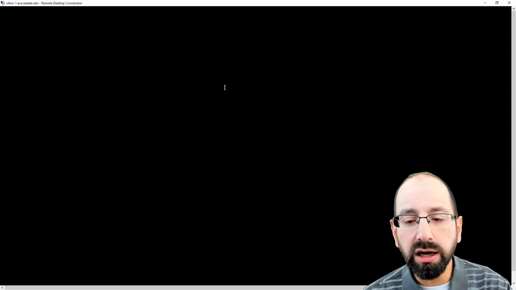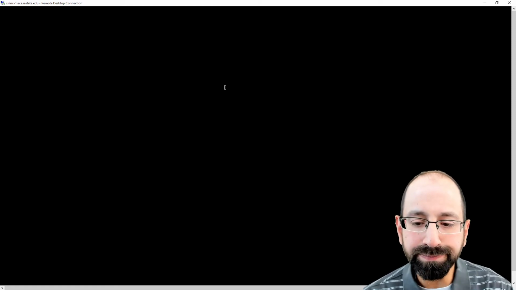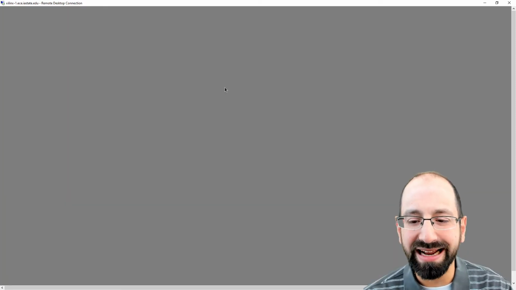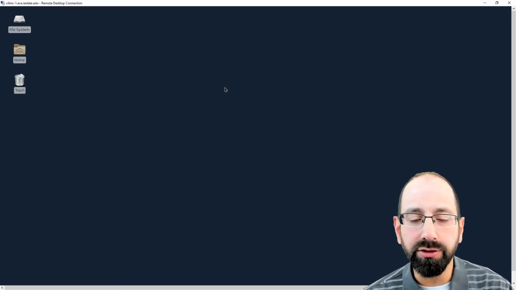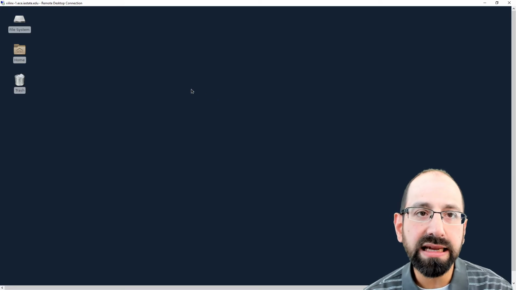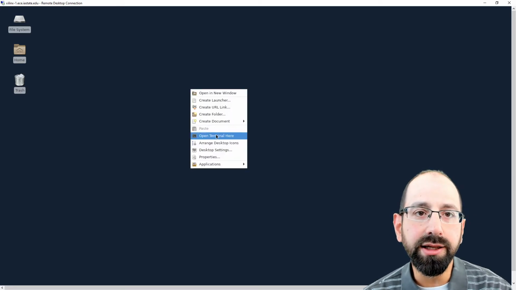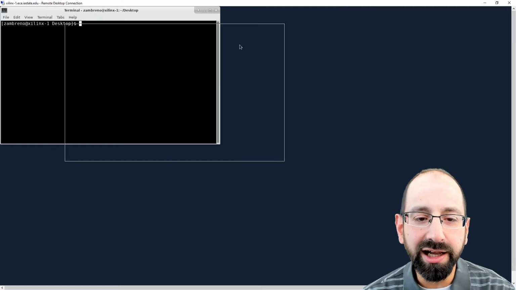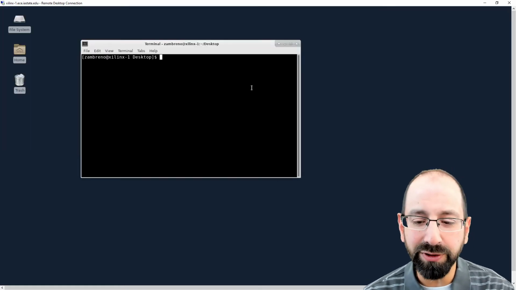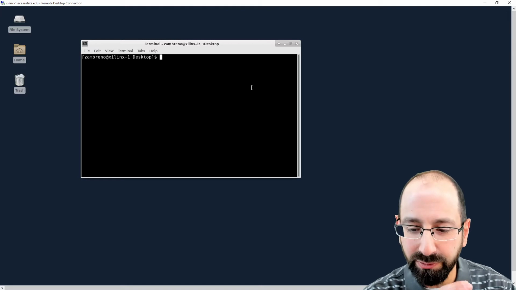That initial login can sometimes be a little slow when you first are connecting, and then subsequent logins will be quite fast. You're presented with your Linux desktop here, and if Linux scares you, that's okay. By the end of this semester, you'll gain some good familiarity just by virtue of making your way through